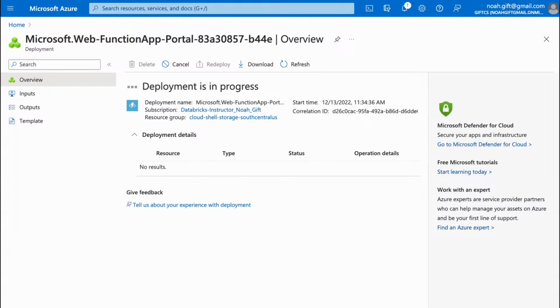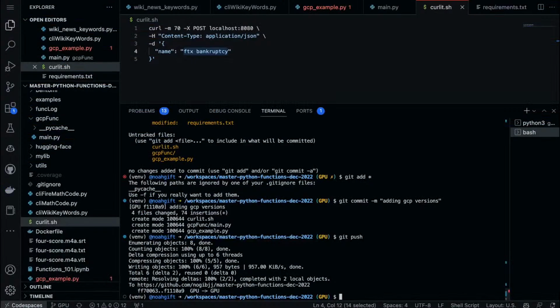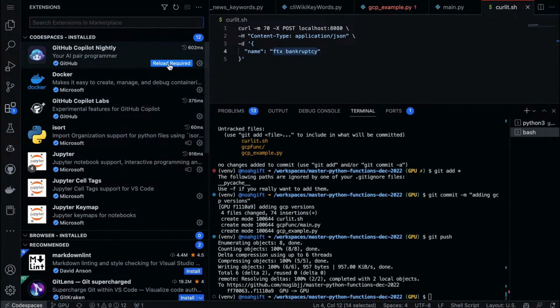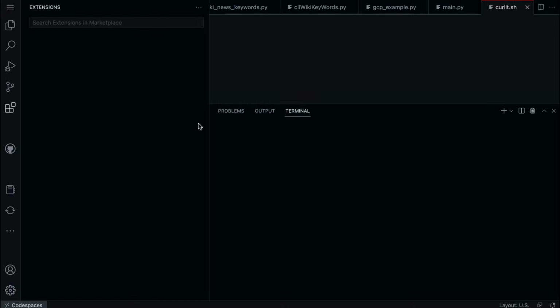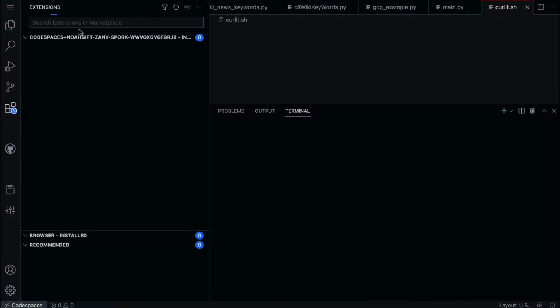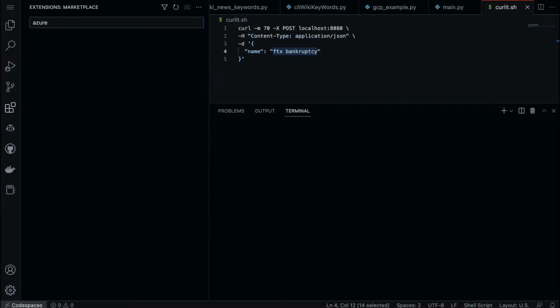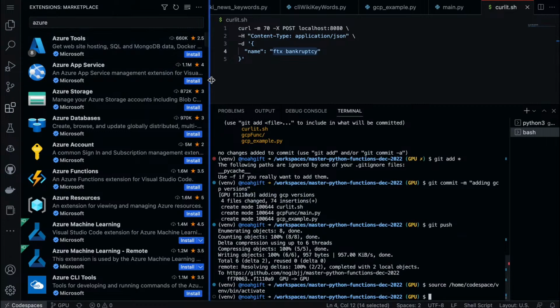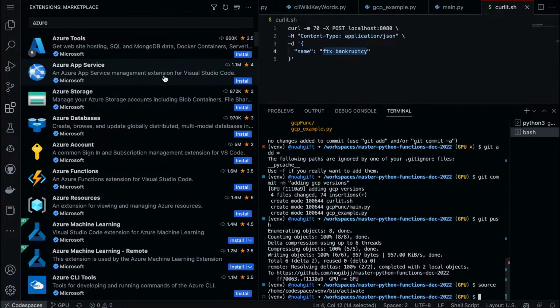I'm going to get this in the same shell here, and I'm going to go to extensions. This one says reload required. Sure, let's reload this. But we're going to install Azure. Notice that inside of here, this is Azure App Service or Azure Functions.